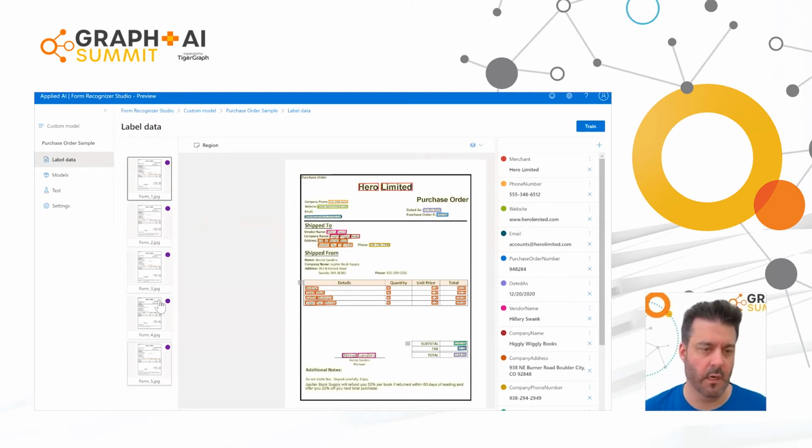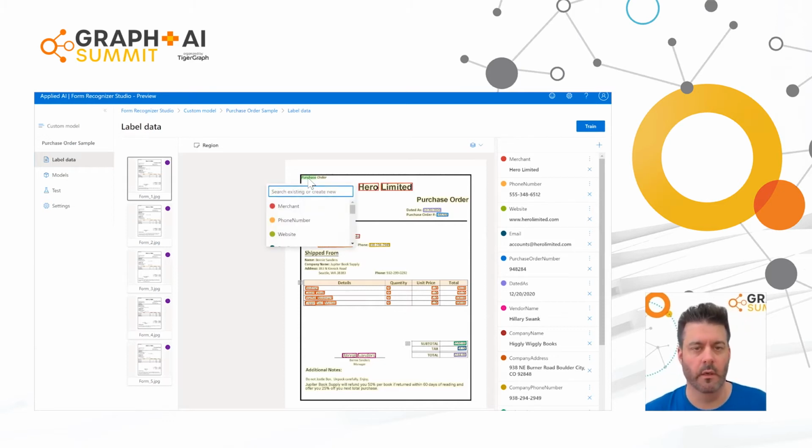So that's 5 forms now. In reality, you would probably need some more, in the range of like 50 or something. So it's not that many, but it's a few. And what you then have to do is Azure automatically extracts all the text that's contained on the document, and then you just have to click on the text, and then you can annotate that with different